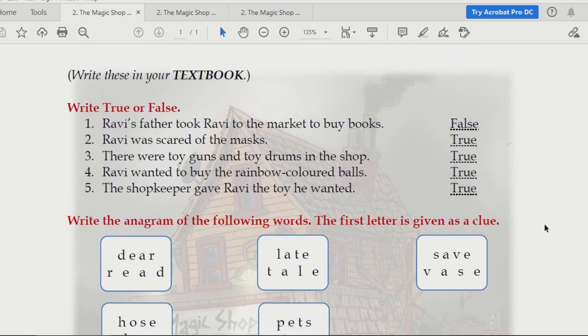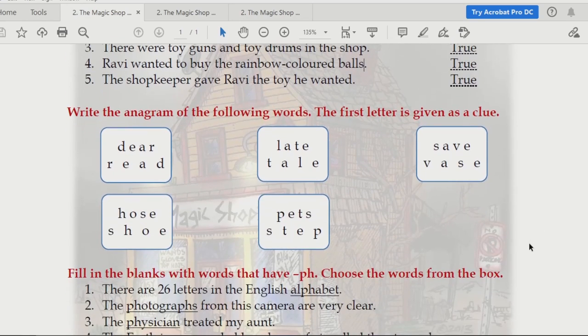We'll move on to the next question, and this is very interesting. Write the anagram of the following words. Now students, you can already understand what the word anagram means. From the questions and answers only, you will know what actually an anagram is. DEAR becomes dear. Now from this word itself, using only these alphabets, students please note, very important thing over here,